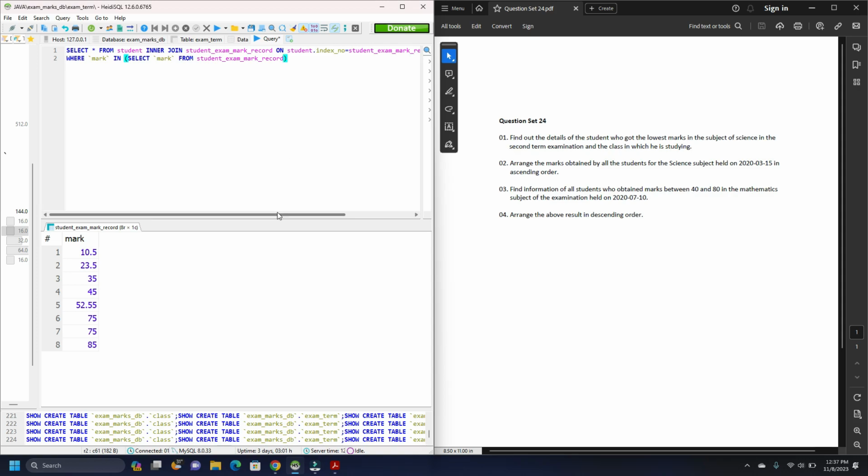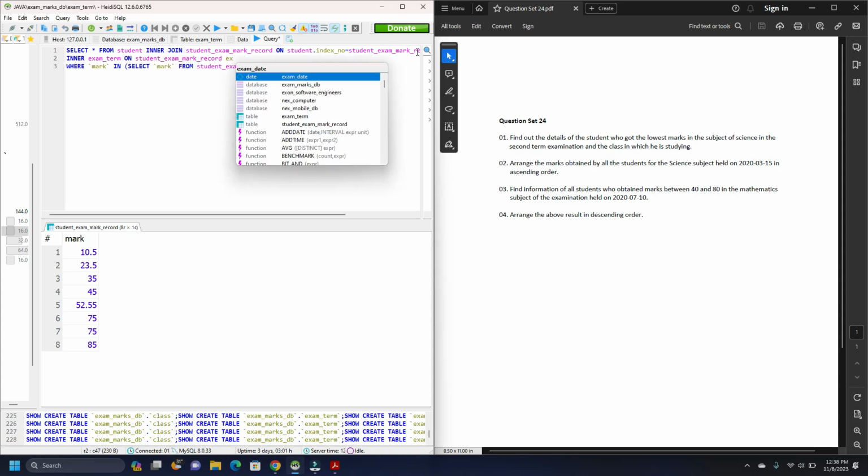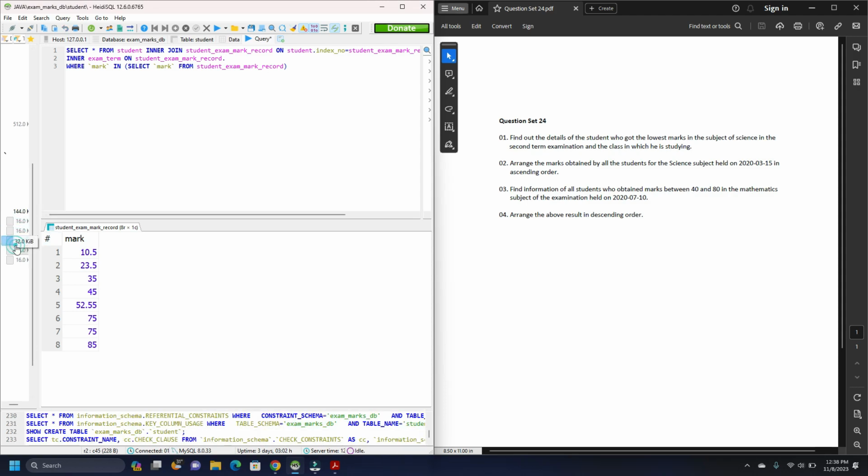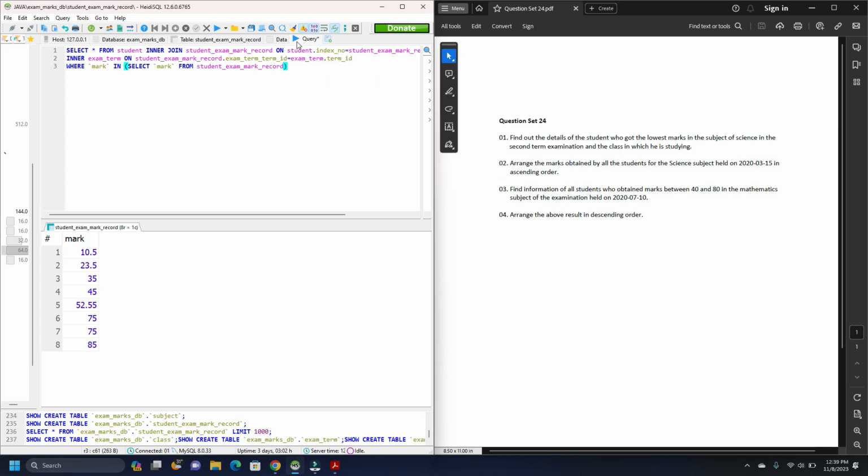Let's inner join the exam term table as well, where select mark from student exam mark record table, where mark between 40 and 80,